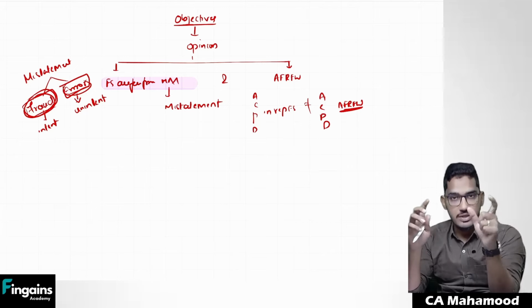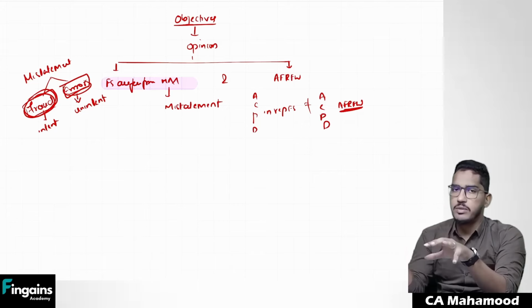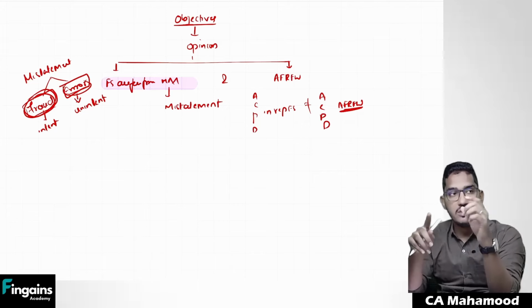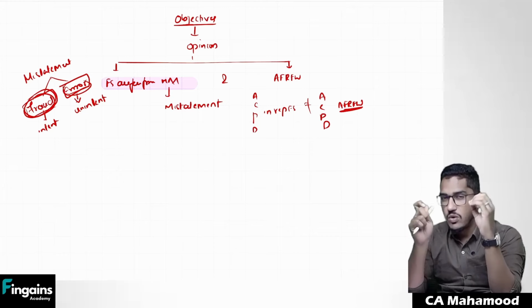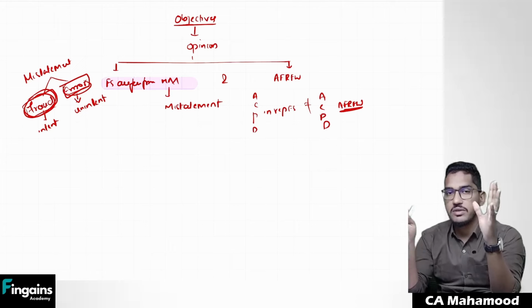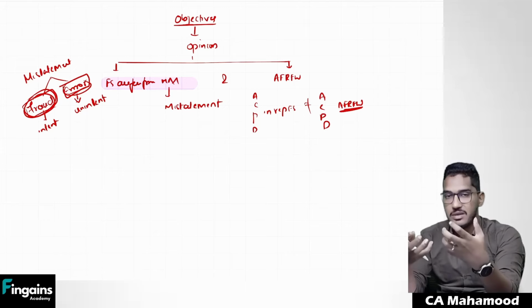When someone is doing an act intentionally, no one will do it in such a way that they will get easily caught. They will take all the precautions, all the measures to make sure that this fraud does not come to anybody's notice. So since it is committed intentionally, it is always going to be very difficult for the auditor to identify fraud. That's why, since fraud is such a crucial, critical, difficult matter,